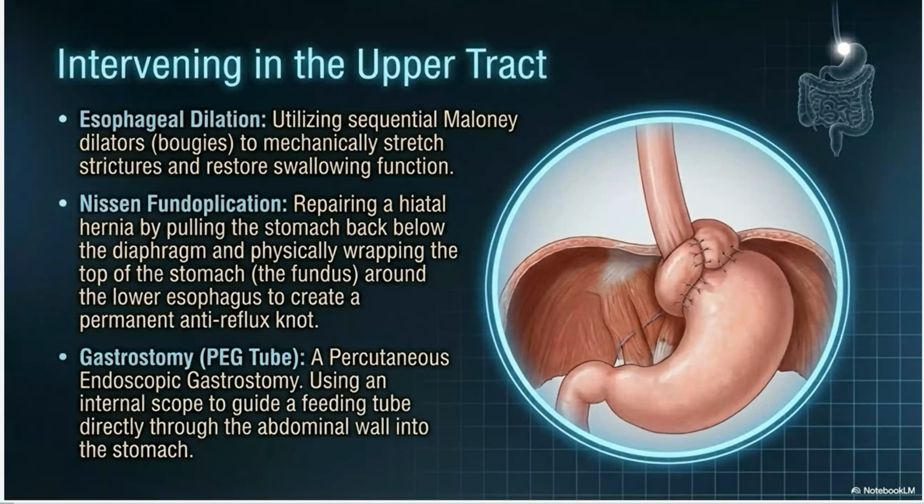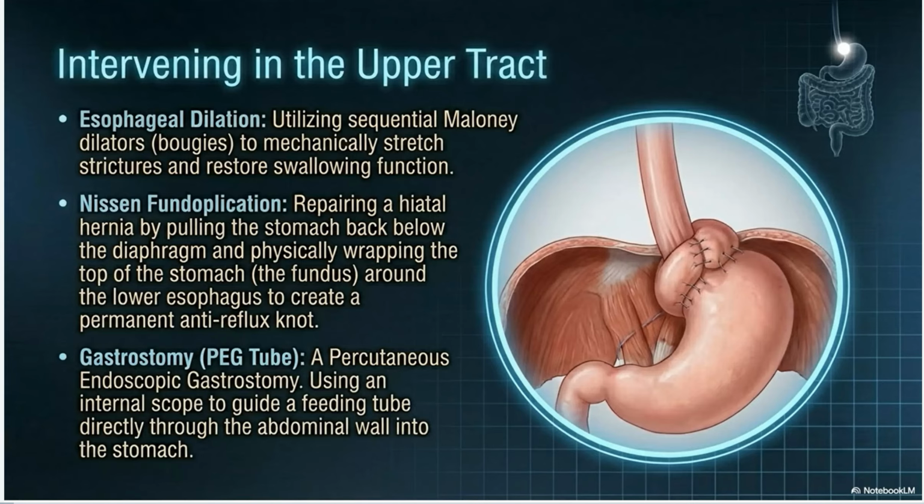Intervening in the upper GI tract. This slide introduces several procedures used to treat disorders affecting the upper GI tract, including the esophagus and stomach. One of the procedures mentioned is esophageal dilation, which is used to treat narrowing of the esophagus. Esophageal strictures can occur due to chronic acid reflux, scar tissue, or certain diseases. During dilation, specialized instruments are used to gently stretch the narrowed portion of the esophagus so that food can pass